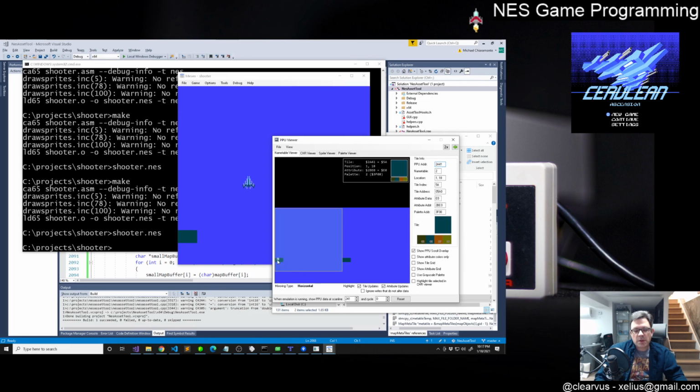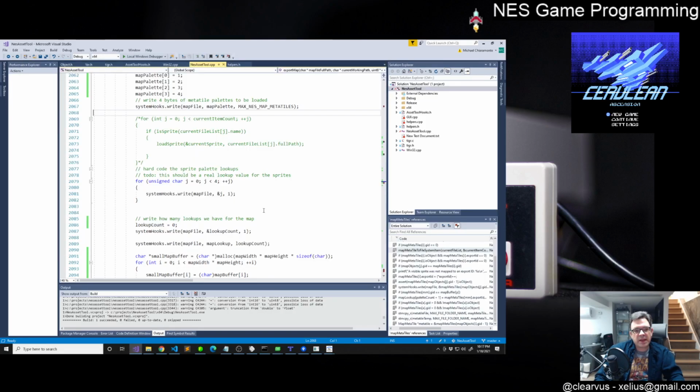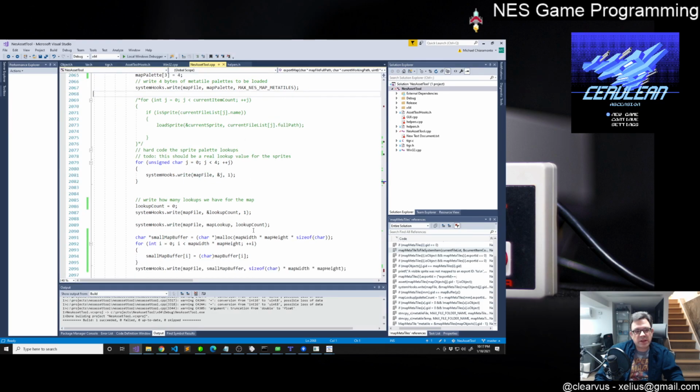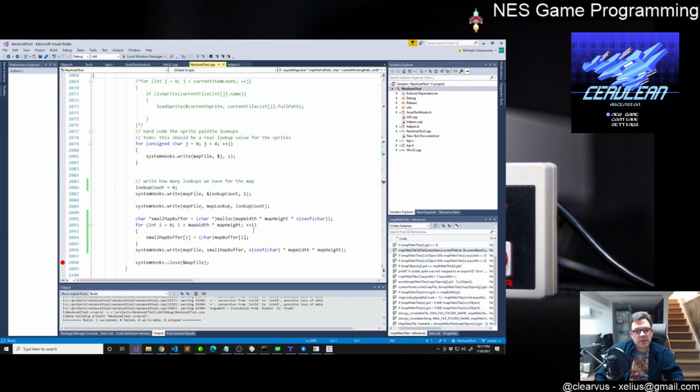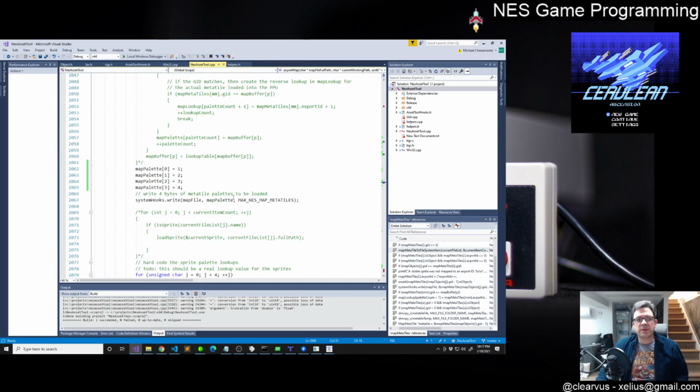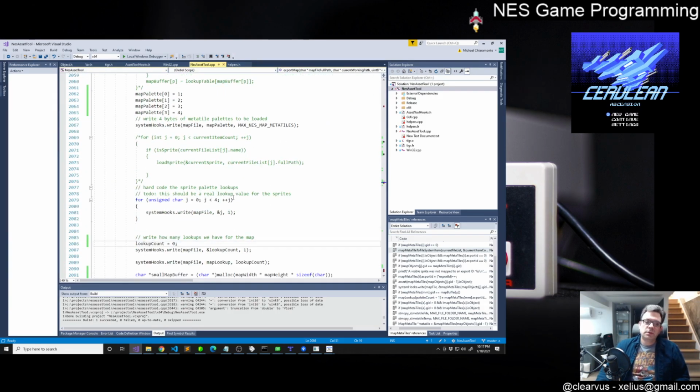No. I wonder if it has to have lookups. That might be the problem. It might have an expectation that it has to do a lookup because that was the way it was working before. So, okay, let's try a different way, which is,